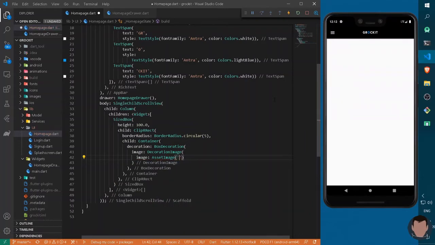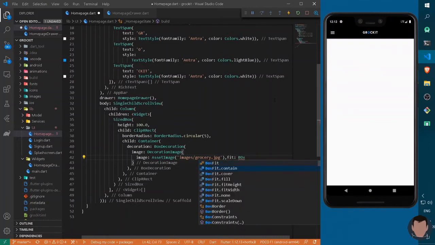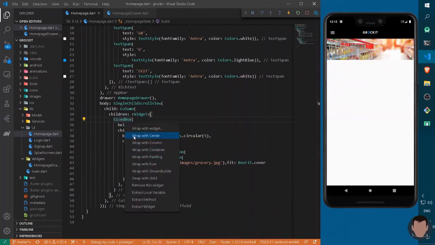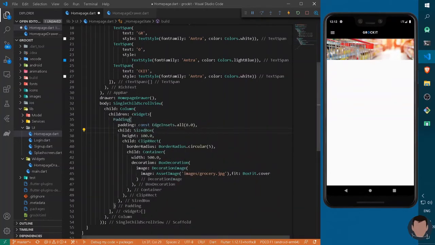Now I can type here images slash grocery.jpg and also give it some fit of BoxFit.cover, and similarly let's give it some width of 500. Press Ctrl+S. Now it will be an image from here, so let's give it some padding from everywhere so that it will look more cool. So I can refactor it into a padding from all.